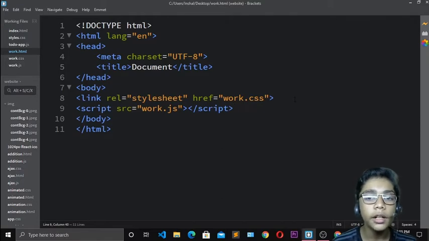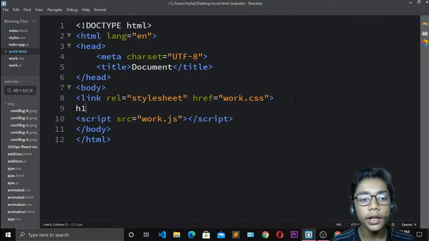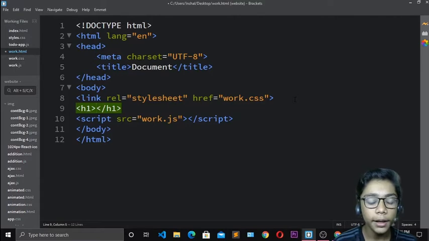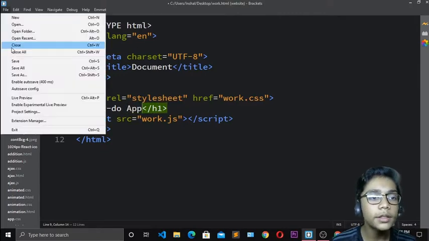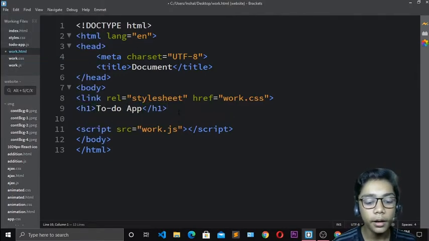And now when you've done that, come over here, and first of all you have to write an h1 tag, and in that h1 tag I will define, right over here, "To do app". Okay, so now when you've done that you have to hit save, and now just come over here and write h1 and write "Filter to do".